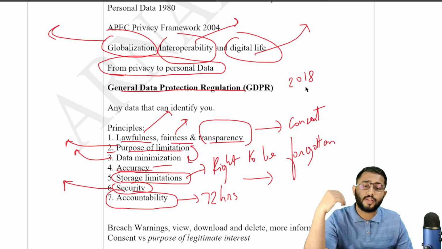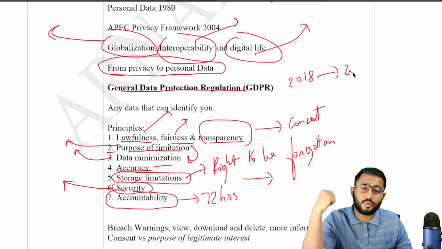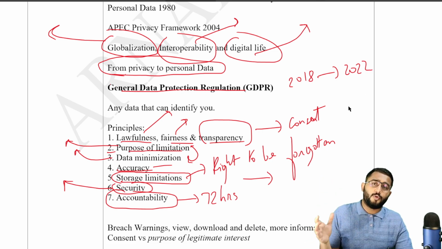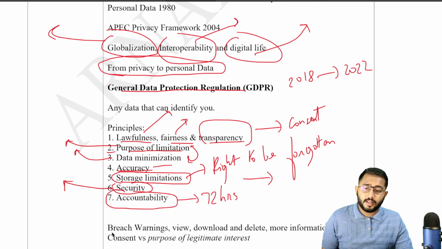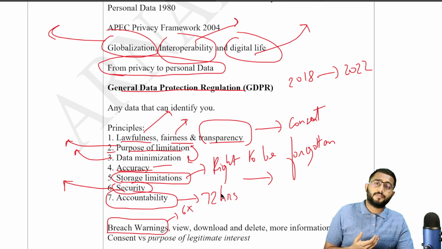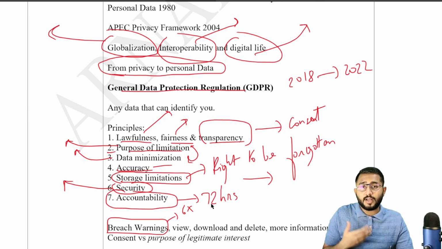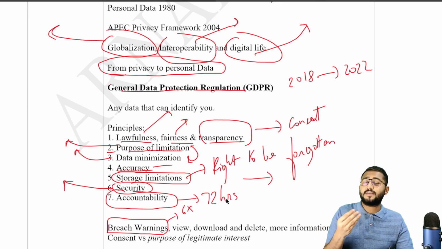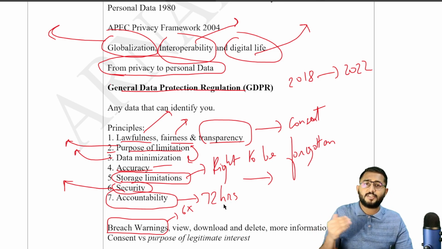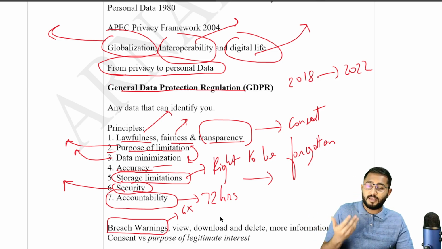So in the last 4 years of GDPR, from 2018 to now 2022, what has happened? Like if we take a stock of how the GDPR performed, we would see that data breach warnings have increased 6 times since GDPR came into play. So now people are being regularly informed if their data is breached, and इसकी वजह से क्या हो रहा है? You are able to quickly secure your own information, quickly change certain passwords, quickly change certain usernames so that your data cannot be transmitted or used by other people immediately, right?